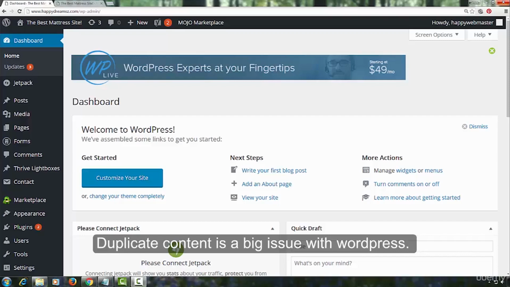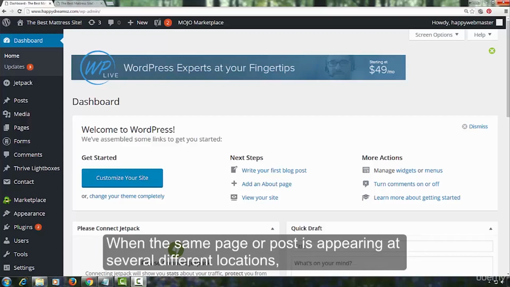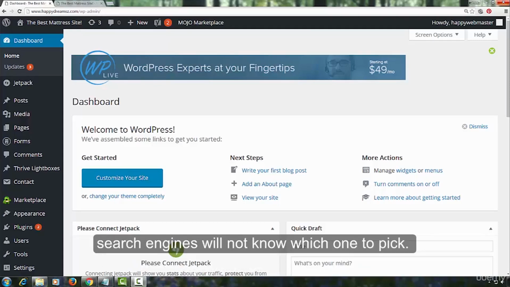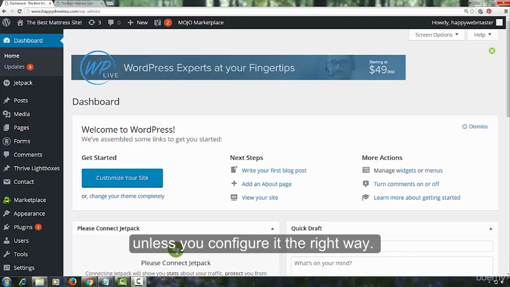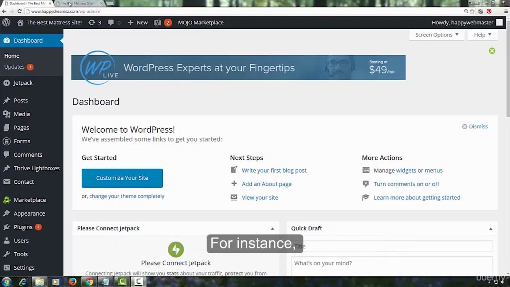Duplicate content is a big issue with WordPress. When the same page or post is appearing at several different locations, search engines will not know which one to pick. WordPress will show the same page or post in several different archives unless you configure it the right way. For instance,